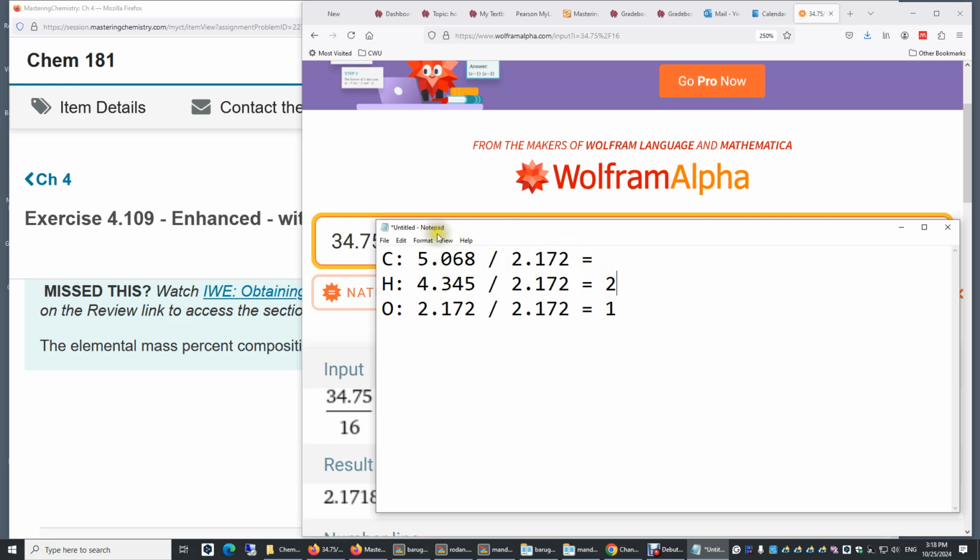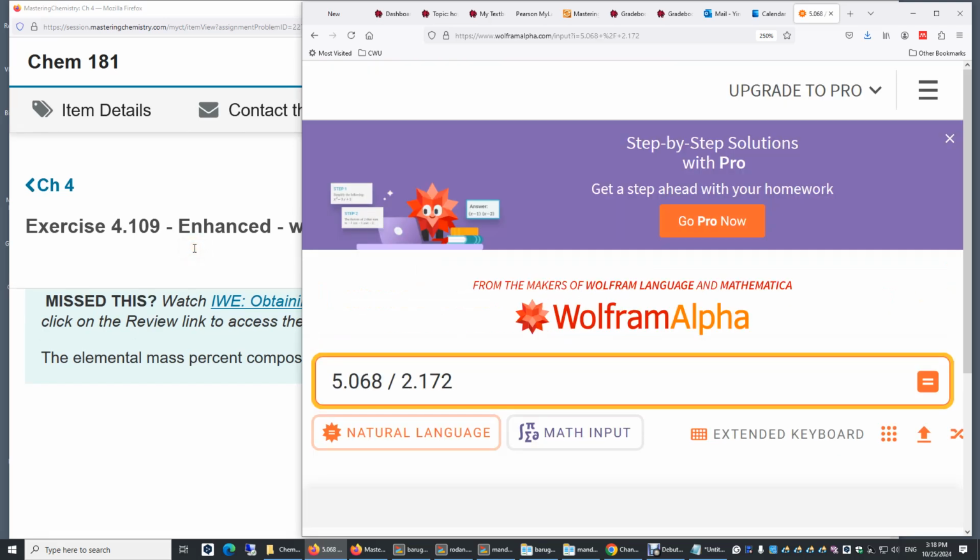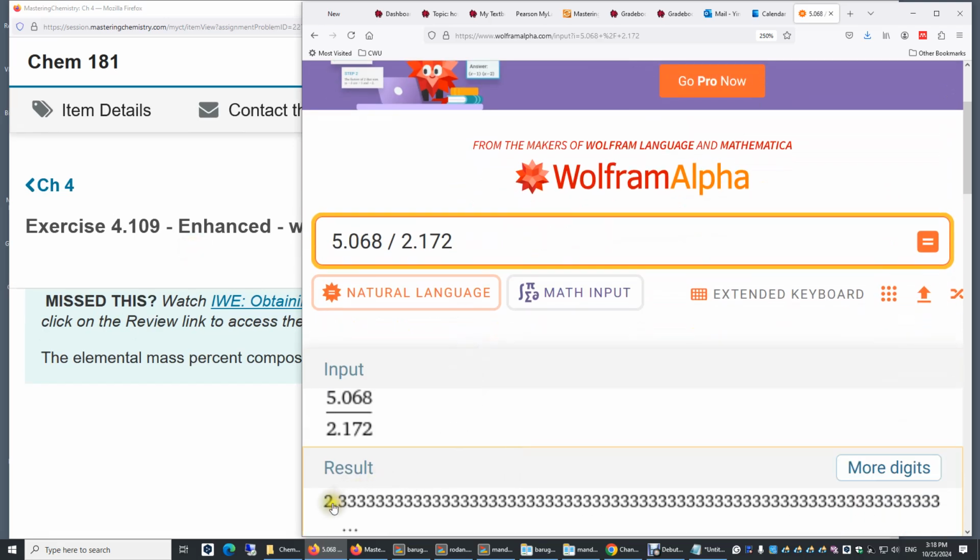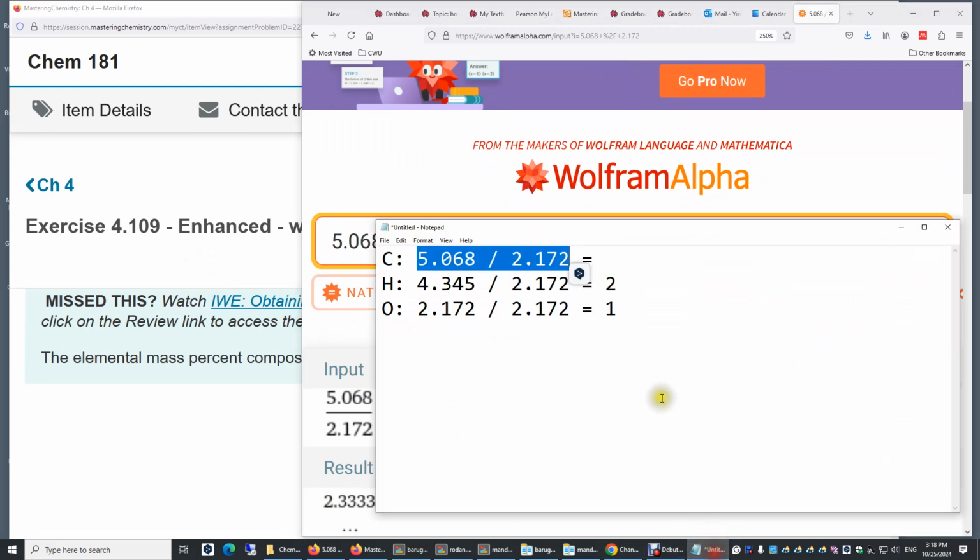5.068 divided by 2.172. Let's use Wolfram Alpha. We'll get a number here, 2.333. We put this here, 2.333. Obviously you cannot have 2.333 atoms, right? So you can't just write carbon 2.33, oxygen 1, and hydrogen 2. You cannot do that. But you probably notice this